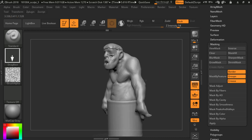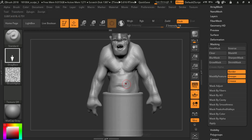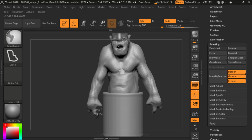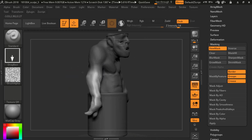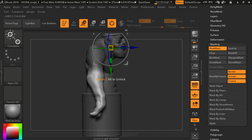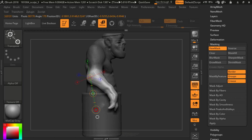So there's a lot of masking to do. It does become a little tedious, but it works. You just have to keep masking areas. So if I wanted to move, let's say, his forearm a little bit, I'll invert this, and I control click. I can make this mask a little blurry. And I'm just going to use the old school transpose tool. So I can rotate from this pivot. I go like that. It'll rotate from there. I can go like that. So it is very much manual labor, but